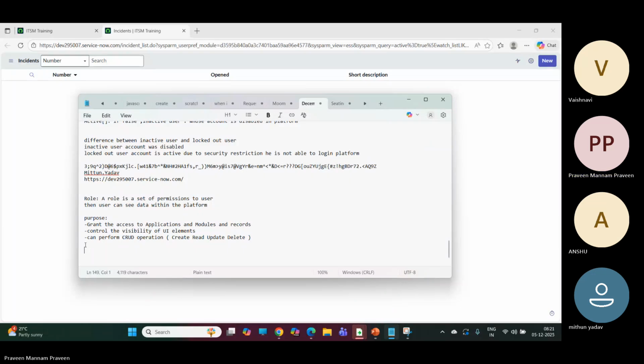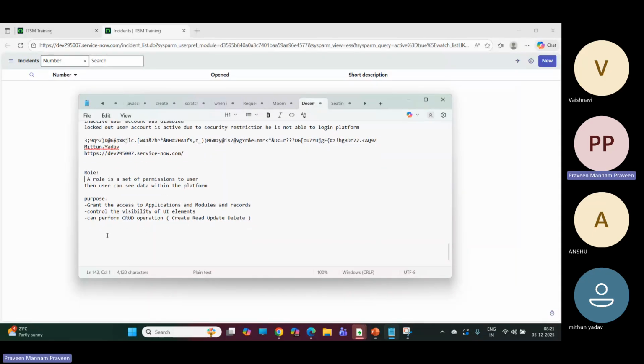Now, what roles are available in ServiceNow? Out of the box, by default, ServiceNow configured some out-of-the-box roles. Admin is one role. Admin is the highest role. If we have the admin role, we have full access in the